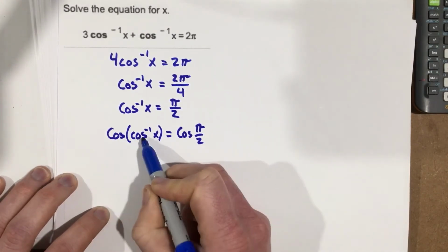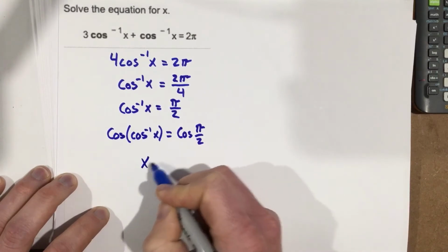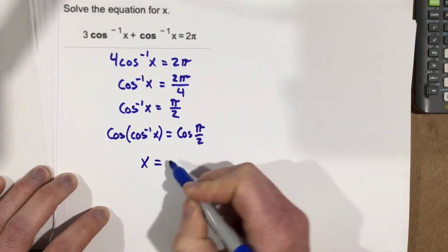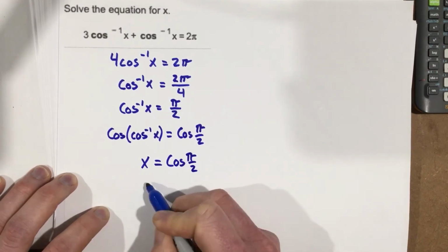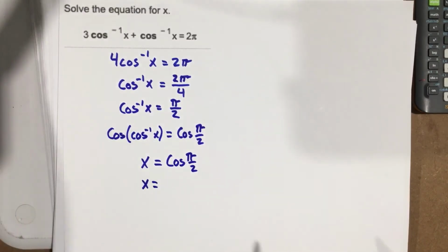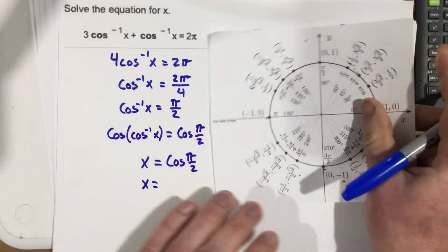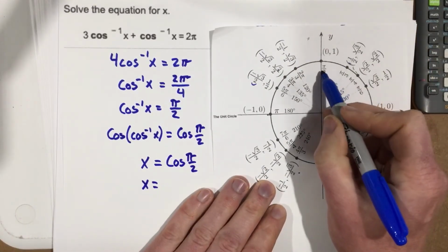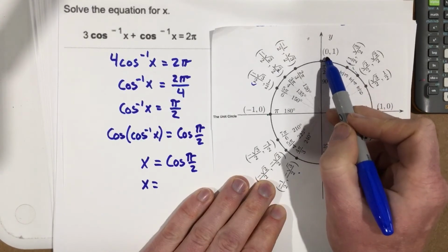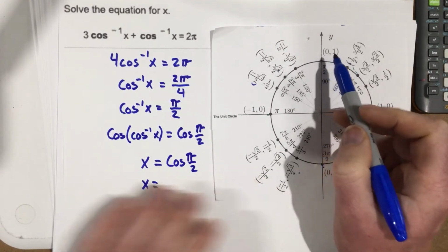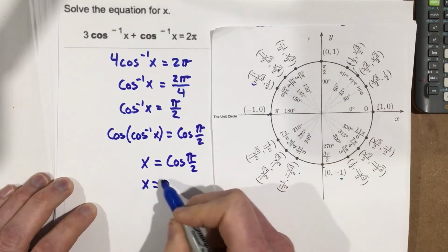Okay, well, cosine and cosine inverse cancel. I'm left with x equals. Now I just got to figure out what cosine of pi over 2 is. Well, let's look at a unit circle. If I go to pi over 2, which is 90 degrees, I'll look at cosine, which is the x value. Cosine's 0 there. So that means that my answer to this problem is x equals